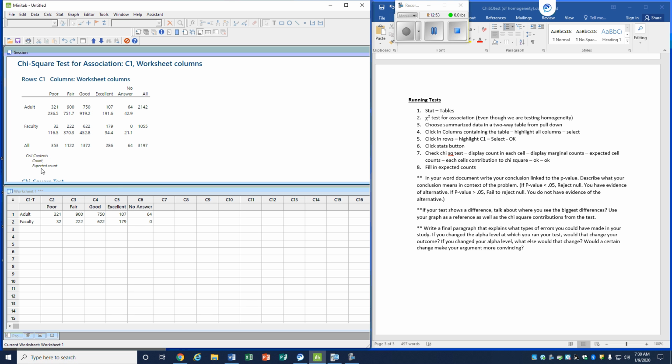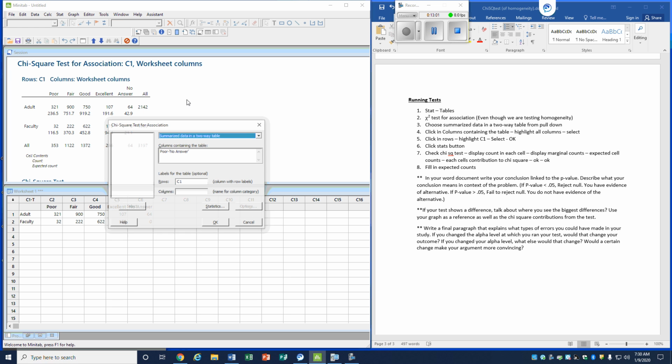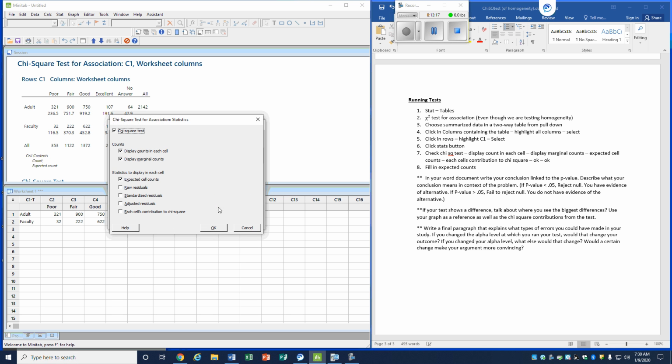So what you can see is, let me go back to that test. I think I'm missing another thing right here too. Let me go to Stat, Tables. Yeah, I don't need to click OK right here yet. All right, so go back to the Stat, Tables and get that chi-square test for association back up. I also need to click Statistics and just make sure that it's going to show everything that I want it